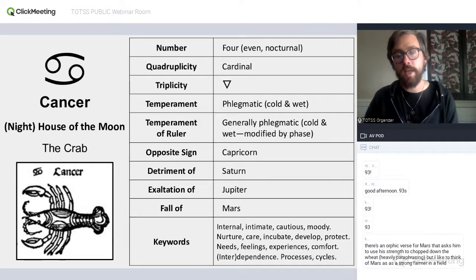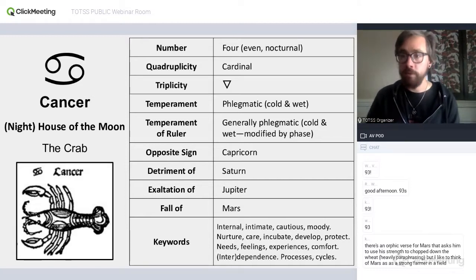And as we'll see, Jupiter also rules the watery sign of Pisces, and in Pisces, Jupiter can be very big and very abstract, and so in Cancer, Jupiter becomes more personal. That can be a really good thing for Jupiter, to be more closely invested in personal things rather than in big abstract kind of cosmic or mystical things. That can be nice to have a more personal Jupiter, a Jupiter more concerned with personal growth and nourishment.